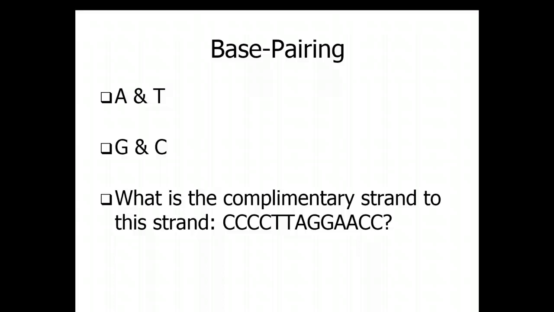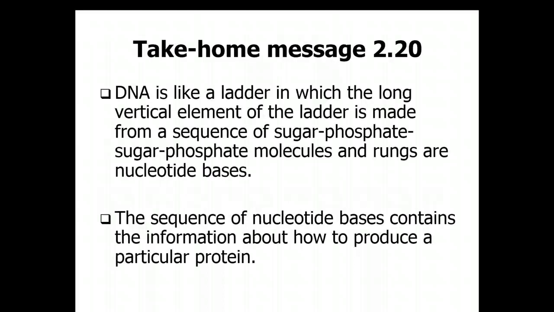What is the complementary strand to this? So we have CCCC, so we would have what? GGGG. With 2 T's, we'd have 2 A's. We'd have an A, we'd have a T. We have 2 G's, we'd have 2 C's. 2 A's, we'd have 2 T's for the complementary, and of course, if we had 2 C's, we'd have 2 G's. So that would be the complementary strand of GGGG, AAT, CC, TT, GG, and that would be the correct